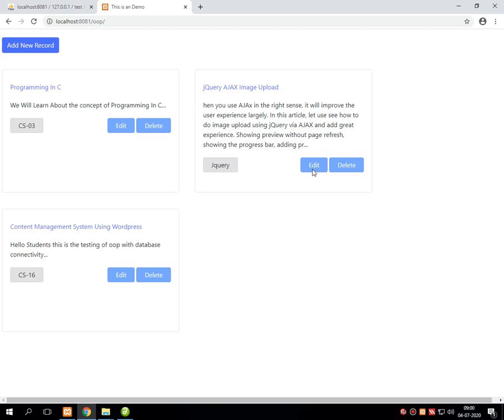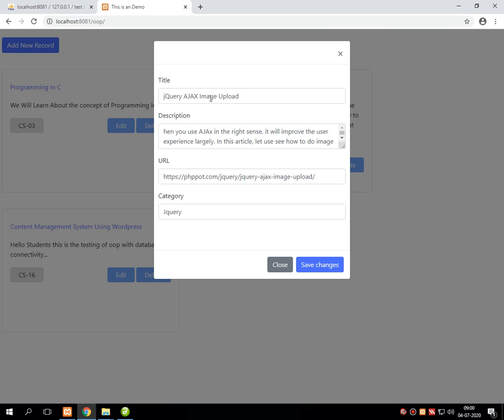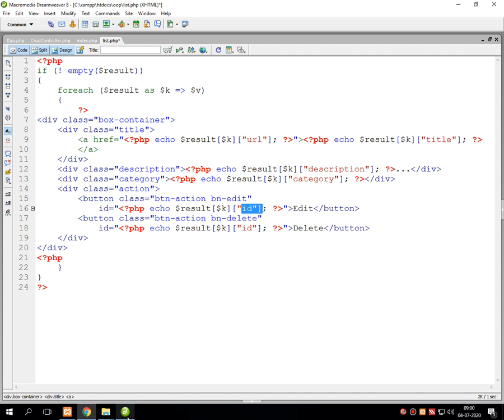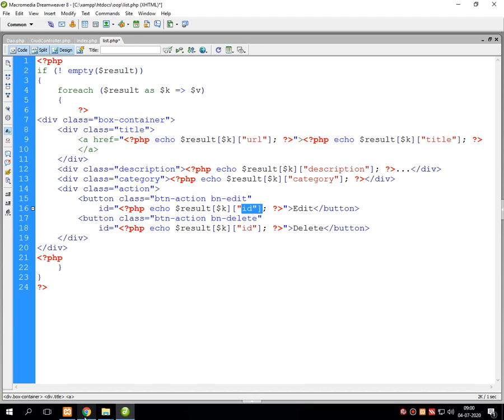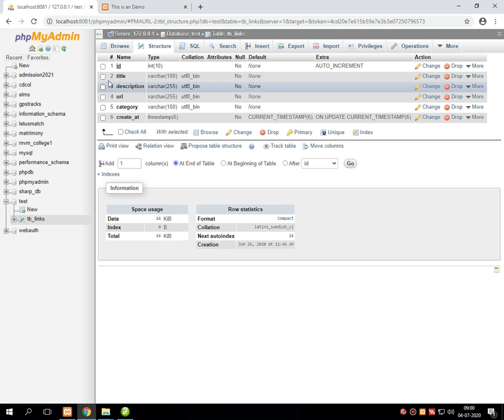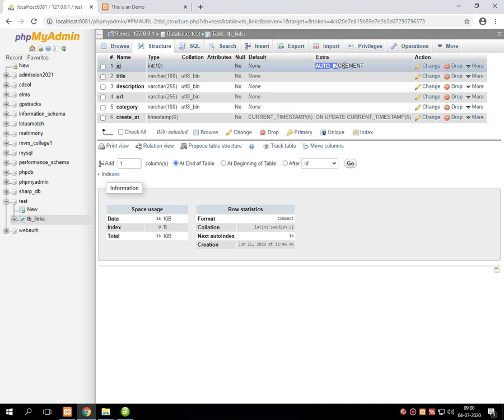Suppose I am pressing the edit button of this particular section, then it will display information of that particular section only, and whenever I make a change in that section, it changes the specific data, it will not change all the data. So for that I have passed the ID. Why have I passed the ID in this particular code? Because the ID remains unique for every data item, as I have mentioned that the particular unique ID is auto increment.